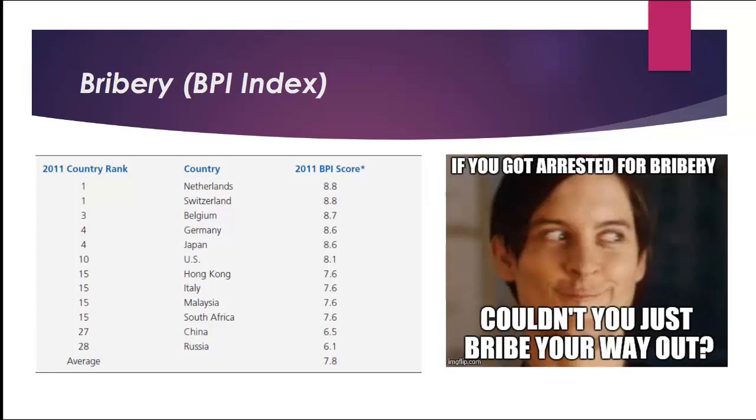So I mentioned political legal as one of the factors. Before you go abroad, you have to think about the environment that is the host country hosting your business. And you look at the business environment in terms of transparency. How transparent is it to do business in that country? Can I get through the business process without having delays, without having uncertainties about guarantees, about whether contracts are valid, about whether I have a resource to go to if something should go wrong, about whether my products are protected by the government if someone tries to steal my invention,